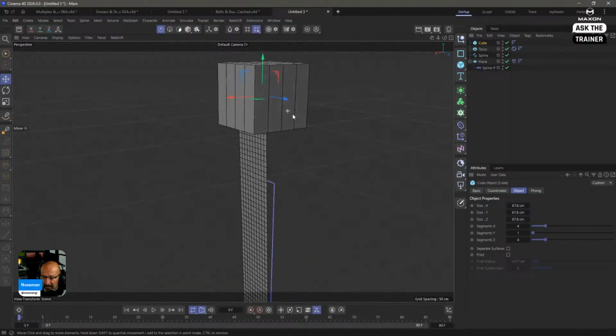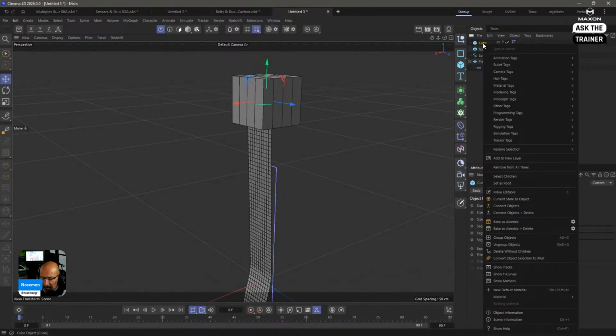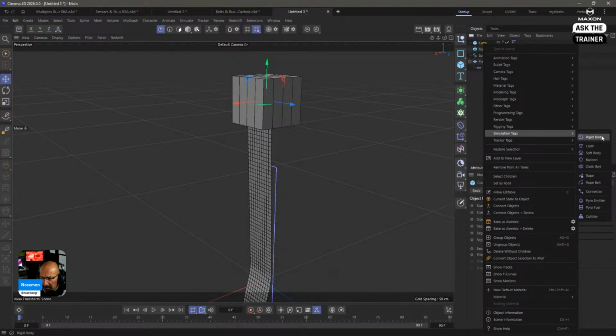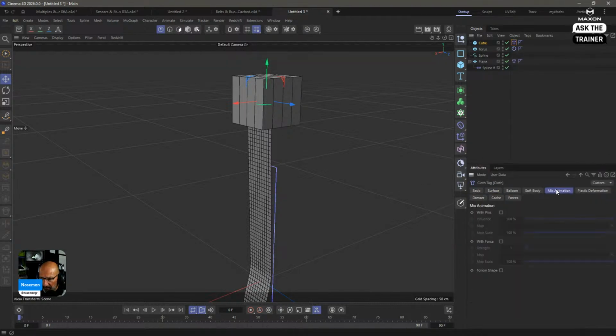The way I create objects to pin other cloth is to make a cloth, go to mix animation and pin it 100%.